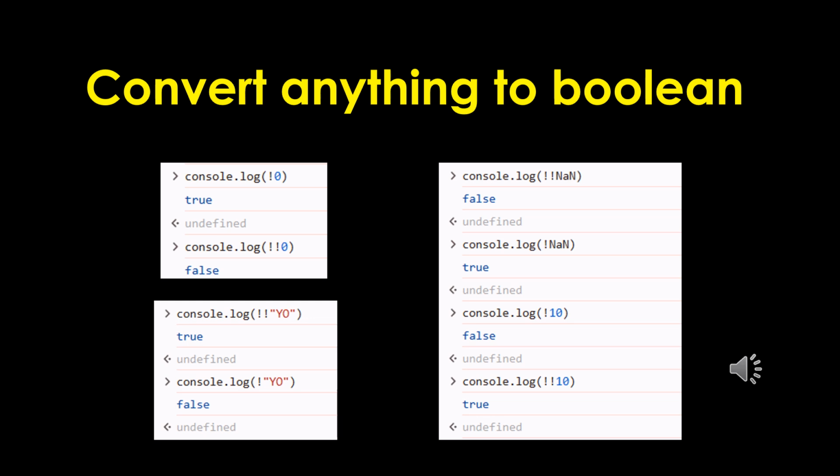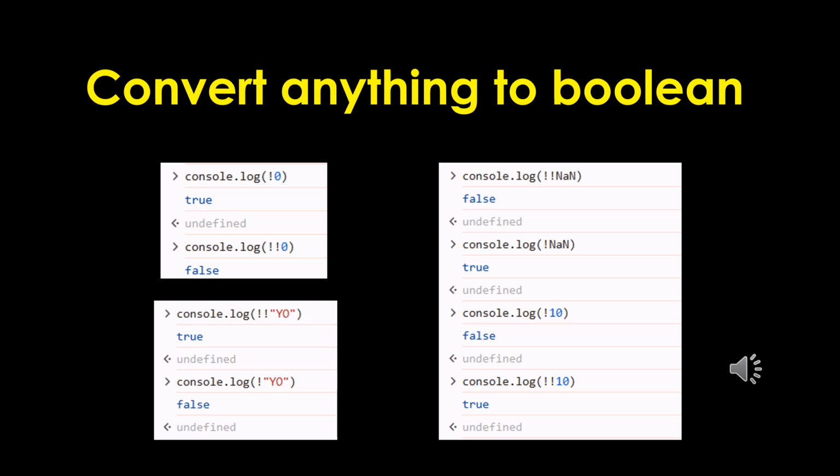use this particular technique. For example, console.log exclamation mark of 0, so that is not 0, so it will return true. If you put a double exclamation mark, it will return false. Like that for the string, and for the NaN and for the numbers it will be useful. So you can use this in if conditions, particularly when you don't know what is present inside that